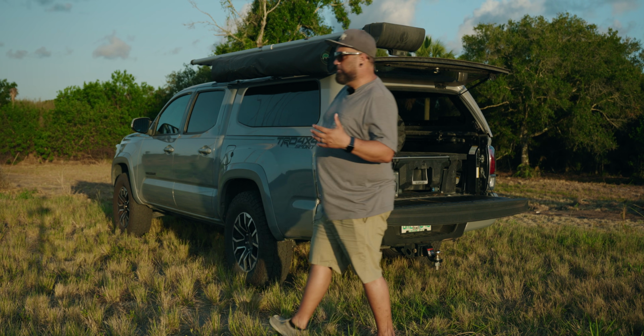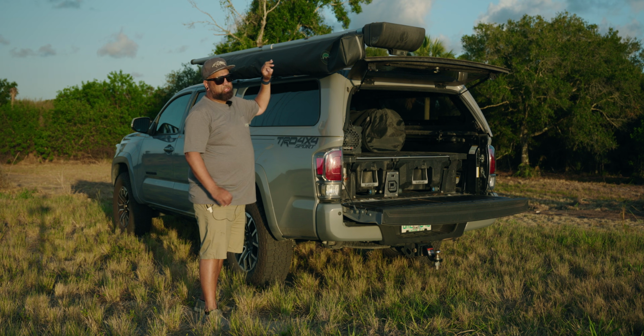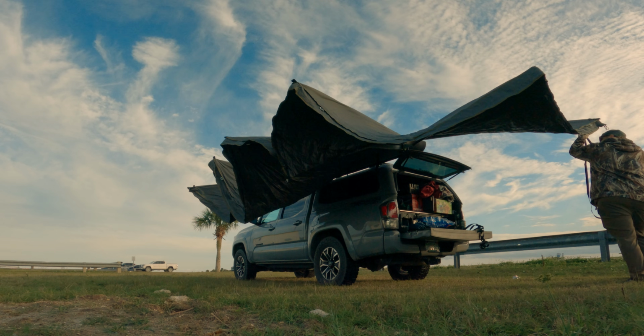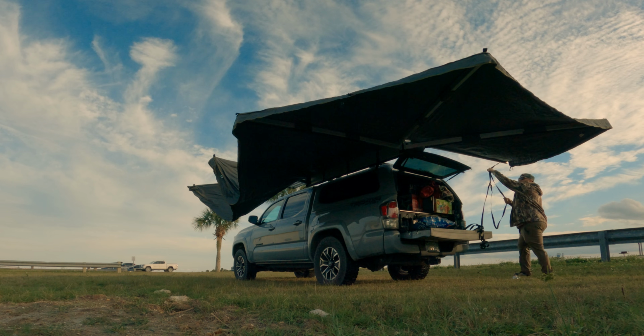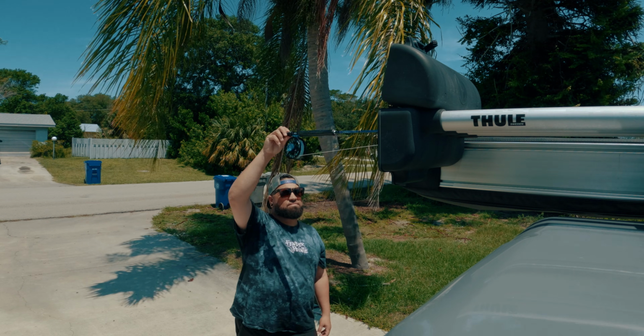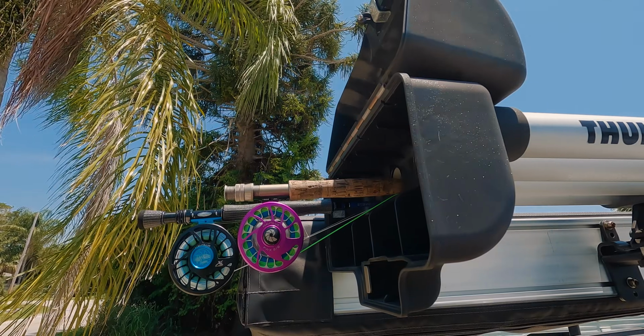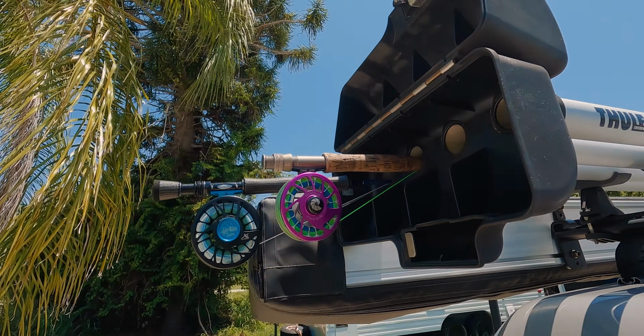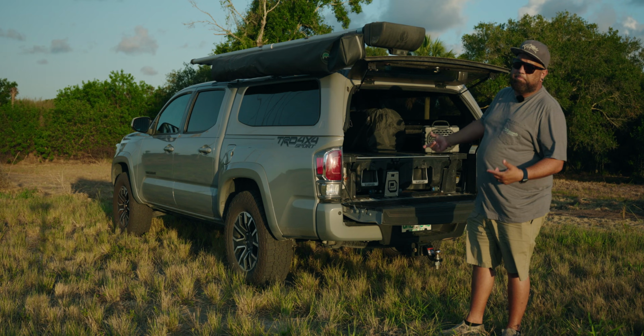the rack system. I got the Thule roof rack aero bars, which are great. There's no noise when driving down the highway. Very aerodynamic. I got the Overland Vehicle Systems 270 awning. It actually wraps around the truck entirely. And I got the Thule Rod Vault. This is the Thule Rod Vault. It's been great. I've had it for 5 years now. Haven't had any failures. Now I'm gonna show you how I had it set up for sleeping on my recent